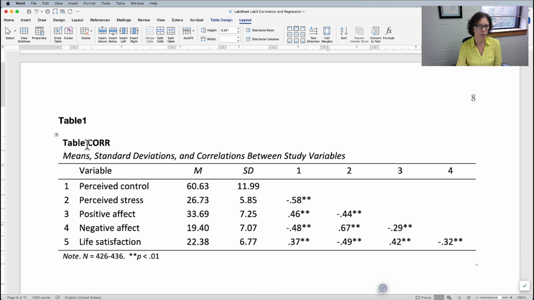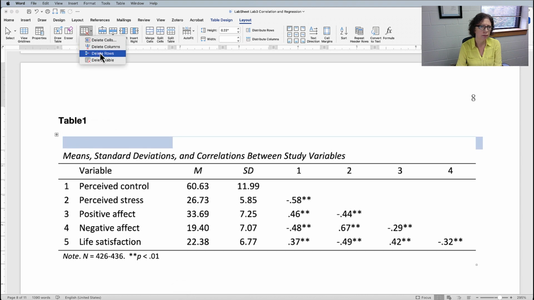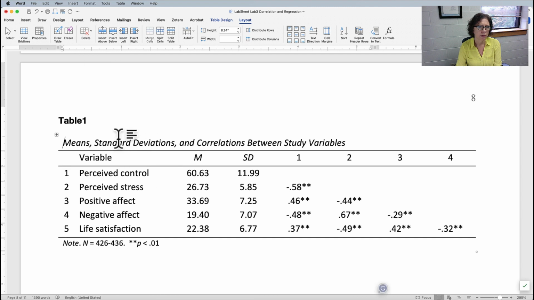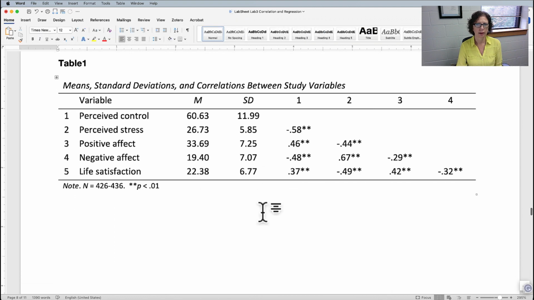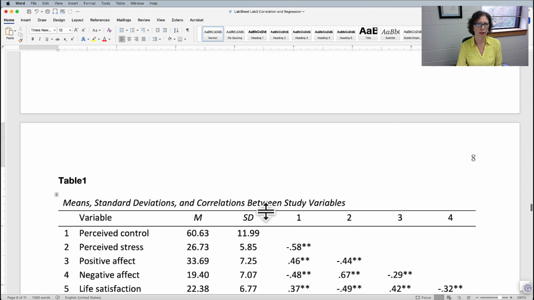I don't need the extra title text, so I'm going to take off that, and I can go ahead and even delete that row. Everything else is looking okay so far. It kept my italics. Okay, so that one didn't fight me too bad. Usually they fight me a lot more. And then